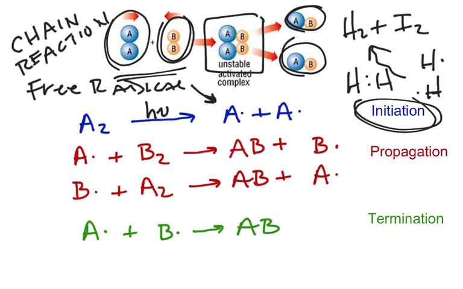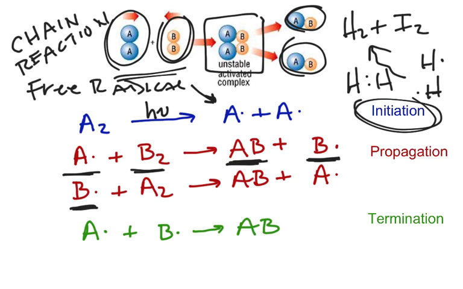Then one of those A's can bond with a B. So here's the A, it can bond with a B2 molecule. It would pull the B away from the other B and form AB. The A would be able to pair up with a B to make AB, but that would leave B with an unpaired electron. Then, as a second step,